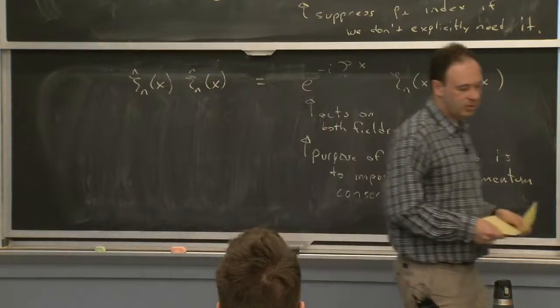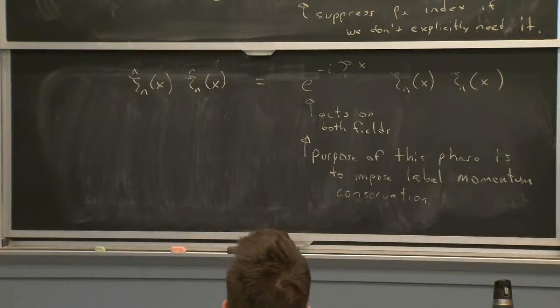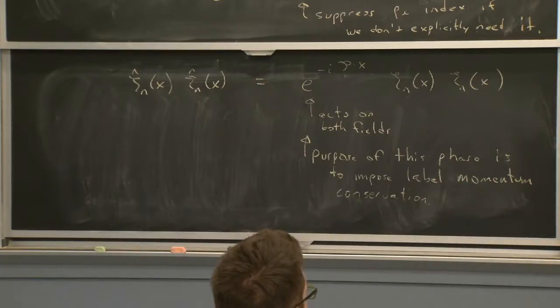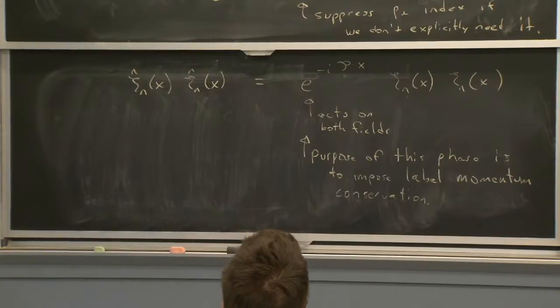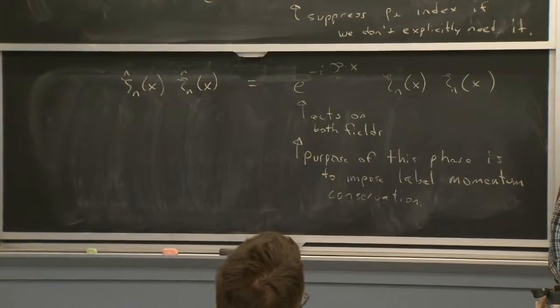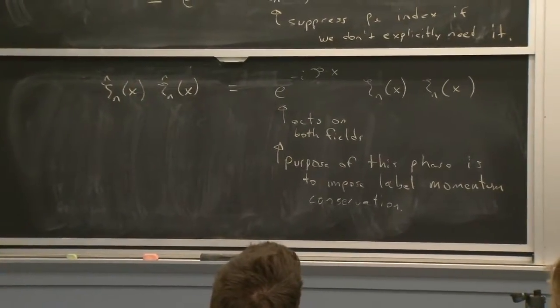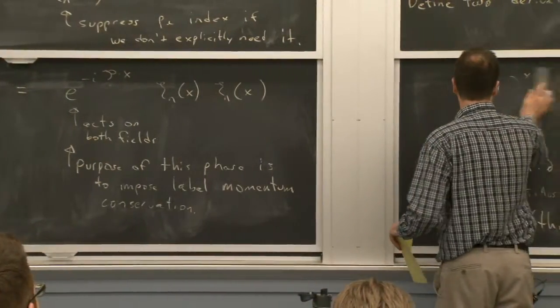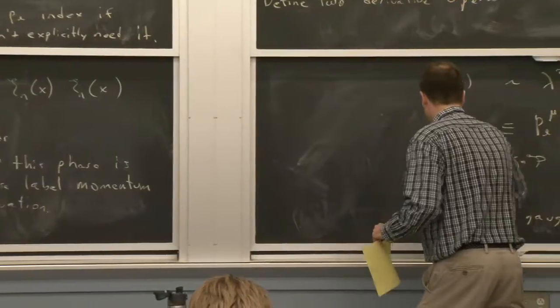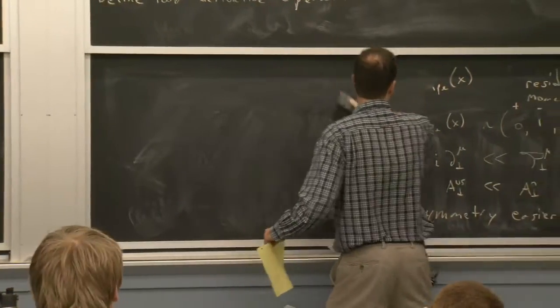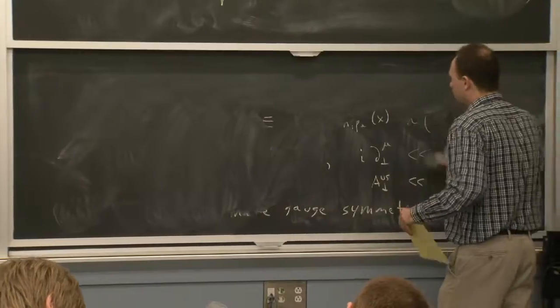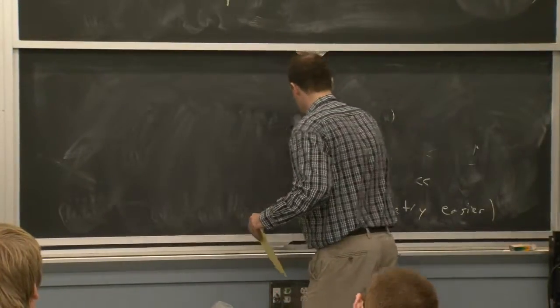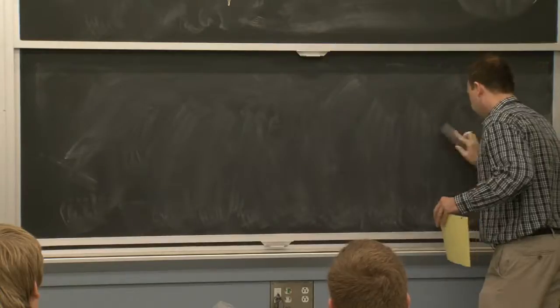OK, so there's one more step that we have to do before we start talking about the Lagrangian. And that's this little caveat that I had right at the beginning where I said, let's consider only quarks. So far, we've only considered the quark part, not the antiquark part. So let's see what we want to do about antiquarks. Technically, the way the field theory wants to work is that the quarks and the antiquarks want to be different fields. But that's very cumbersome, and so we're not going to do that. We're going to find, again, sneaky notation to treat them as one field, even though they want to be two.